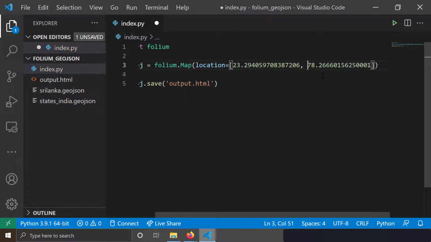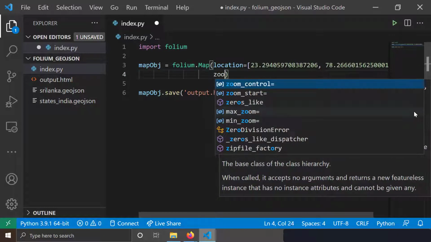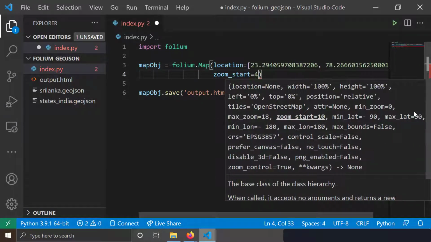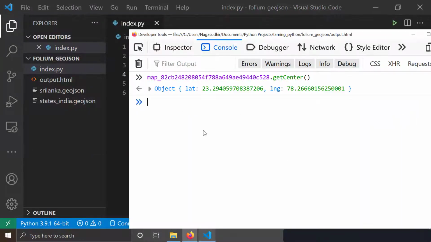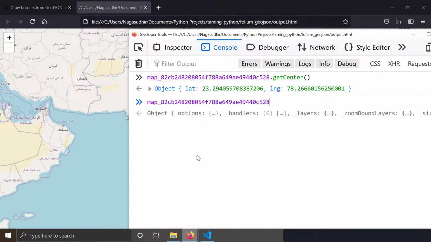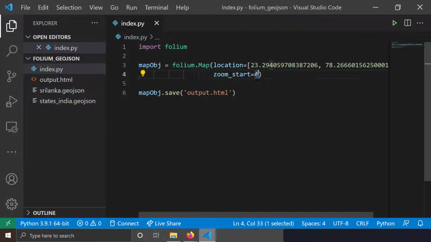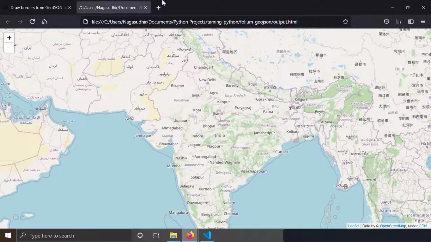So yeah, I got the two numbers, latitude and longitude here, and then I just want to give the zooming also, to initialize zooming. So how can I get the initial zooming of this map? I just write zoom_start equal to, let me write 4 here, but if I want to know what the zooming of this map is, I'll just go to this browser, press F12 again, and write map. I got the map object here. I'll just write getZoom. It's 5. So I want my map zooming level to be 5. So I'll just go here and write zoom_start equal to 5. So I just save it now, and I'll just run this again. So let me try to reload this and see whether it works. Yeah, you can see I've got my desired zooming level and my desired center map location.